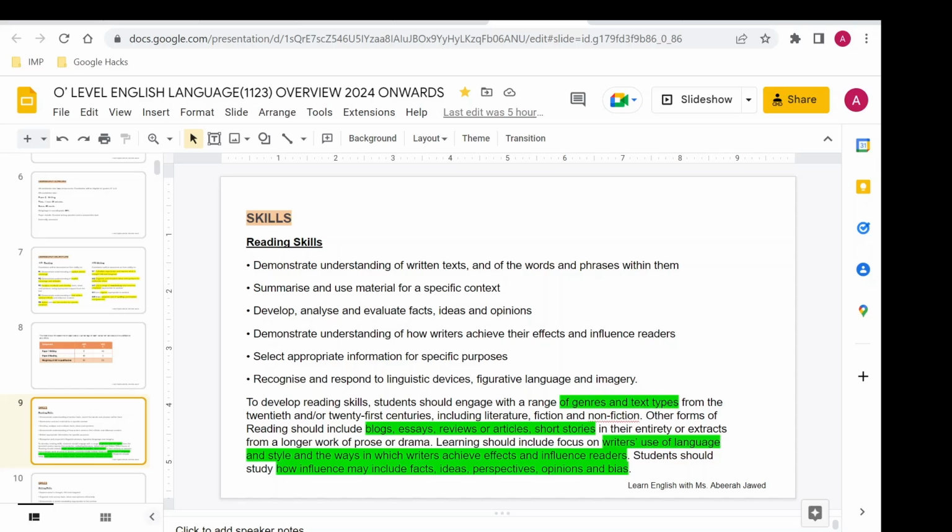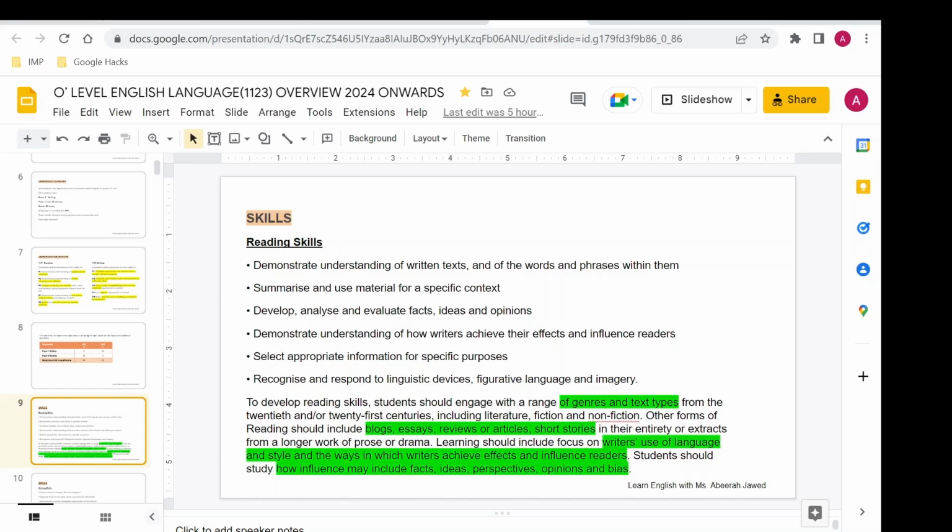Now, what particular things are we going to focus on? As a student, of course, you should be reading stories, articles, reviews, essays, and blogs. Blogs, essays and news will surely help you to write a very good argumentative essay, a very good informative or complaint letter, or a report or a speech. And if you read stories, you'd do really well on descriptive and narrative essays also. So students are expected to spend their 3 years of O levels just reading all these.